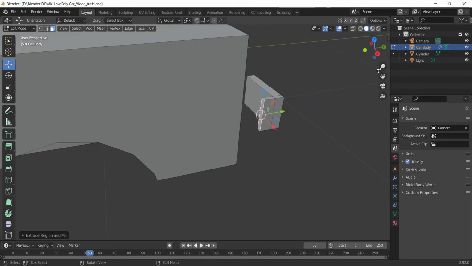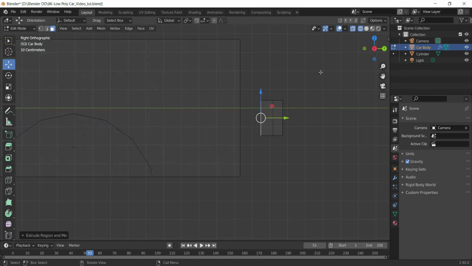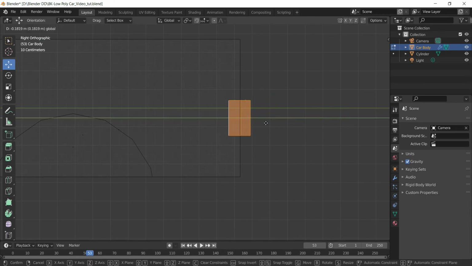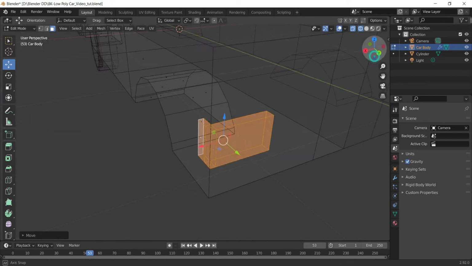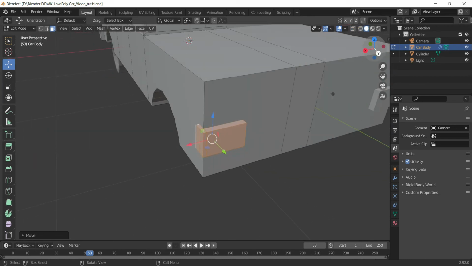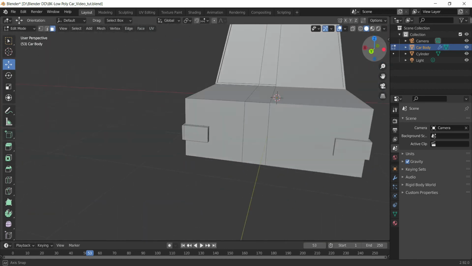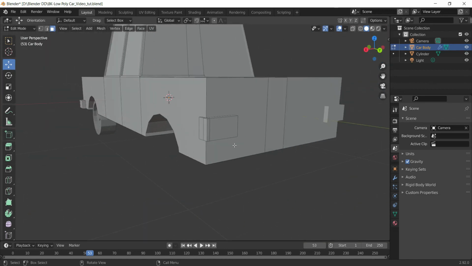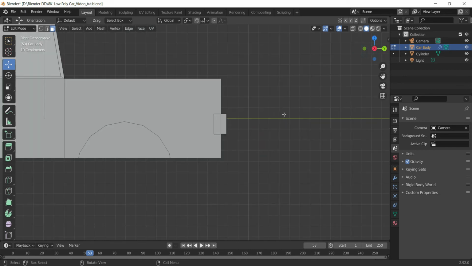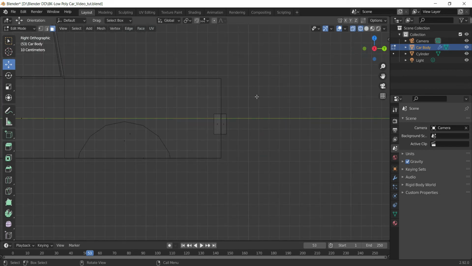So this is our tail light now. Now let's place it. So we'll select and place it like this. Let's check it in the solid view. Alright, seems about right. Maybe we can push it a bit upwards.